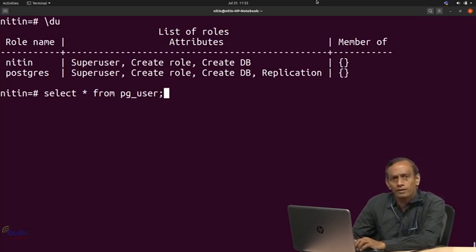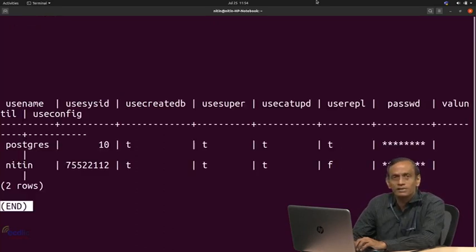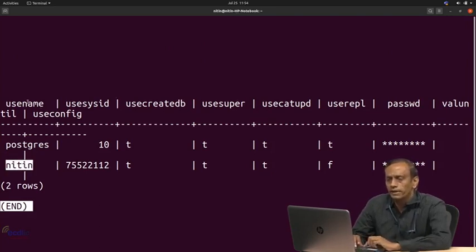Now let me add a few more things. When we created a table, we created it in a schema which is by default public. Then we understood a temporary table; at that time the schema was pg_temp_ followed by some number. Similarly, when we make use of these default catalog tables, the schema is different. Let us see this user. You created a user with a username, and the user sysid is showing some number to us. We permitted the user to create databases. We said this user would be acting as a superuser. We said it would be permitted a few more options.